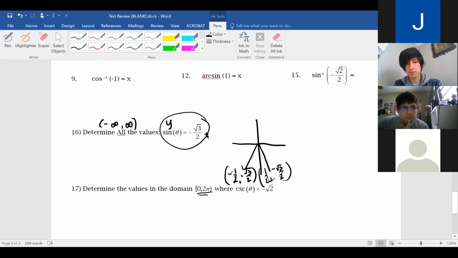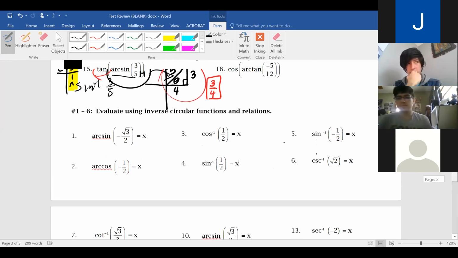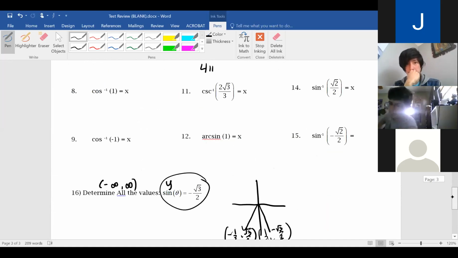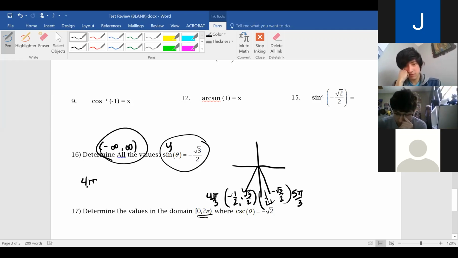So this gives you the 4 pi. There you go. 4 pi over 3 and 5 pi over 3. But you need it on the infinite, so those aren't going to answer. You have to be adding or subtracting the 2 pi and